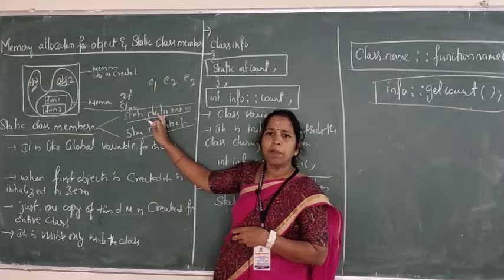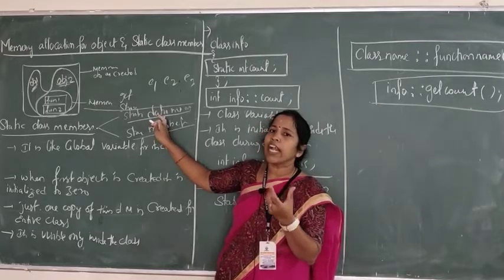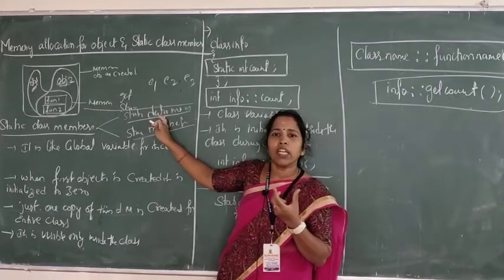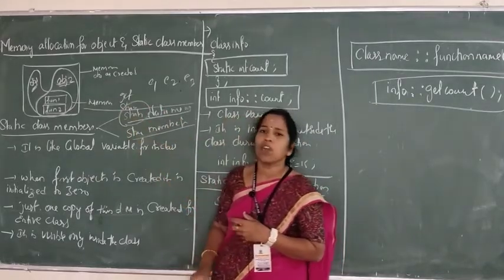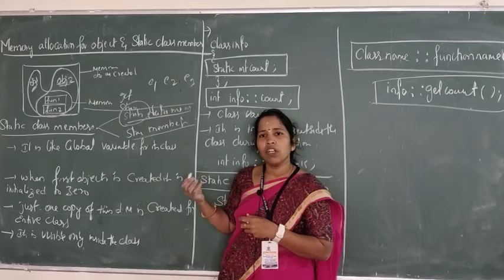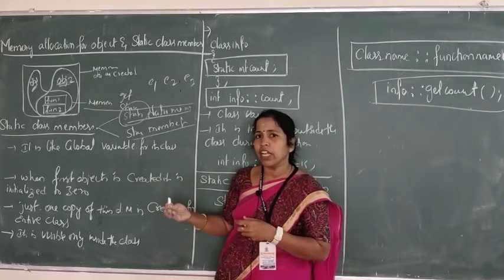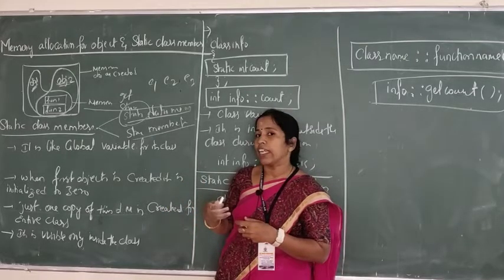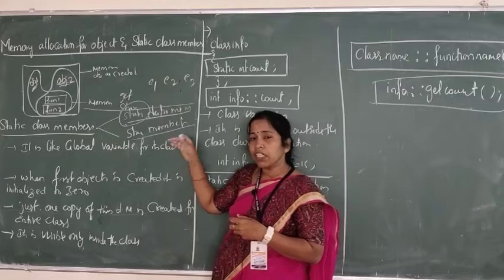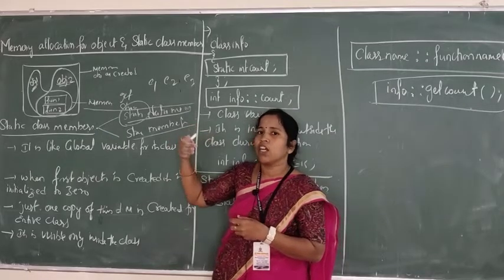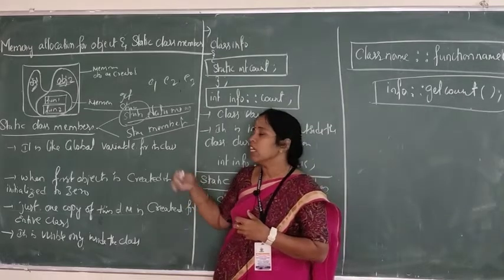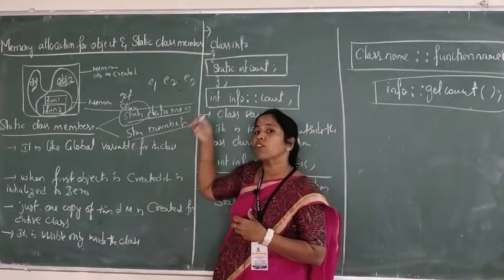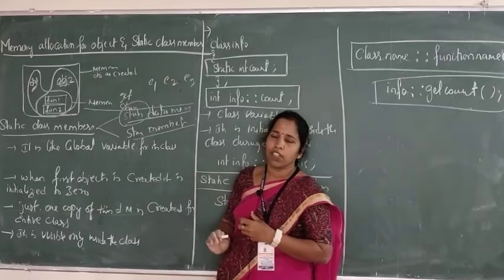Data members are nothing but variables. So static variables and other variables are both similar. What is the difference? I have to use the keyword static. When I come to the member function, again they are similar, so we have to use static. And a static member function means the member function belongs to the class. With normal functions there is a difference. Here the function belongs to the class. That is the difference.